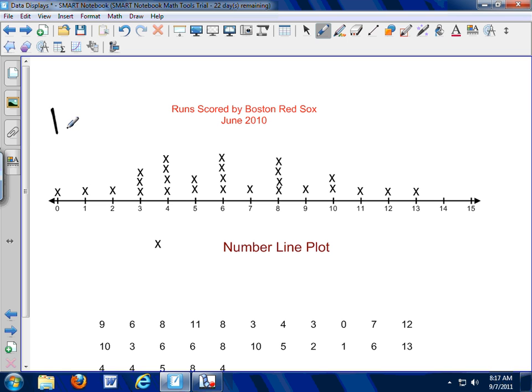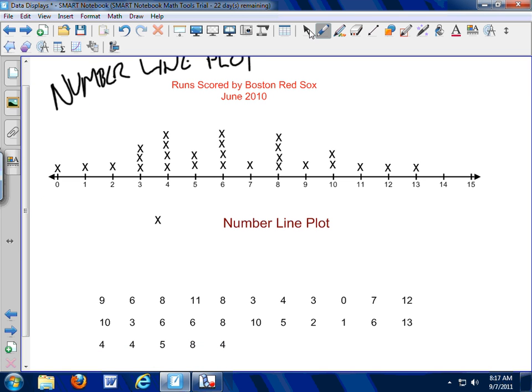Okay, this graph right here is called a number line plot, well, because first of all we start with a number line, and we're making our plot on there. So what I've got is some data about the number of runs scored by the Red Sox in June 2010, and it works really simply. If you've got the number 9, you take an X and you pop it here on the number 9, and if you've got a 6, you put the X where the 6 is. If you've got more than one of them, like we've got an 8 here and another 8, we stack them on top of each other, and it gives us a general idea as we work through